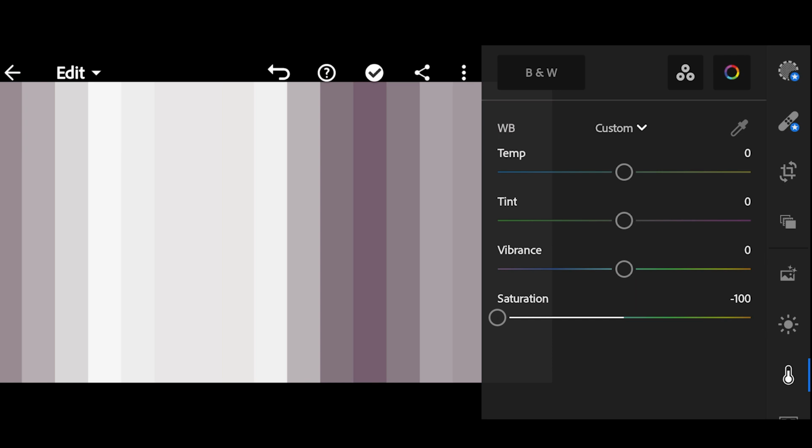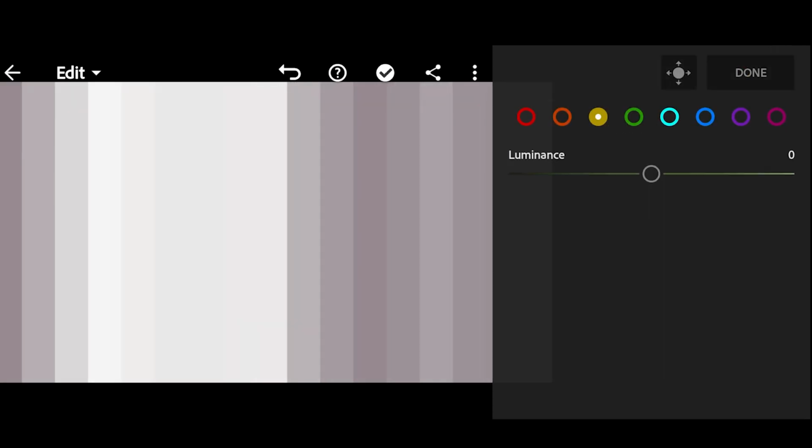So to give a better control over a black and white image, we have given this black and white mode. So if I just tap on it to turn it on, it makes the image black and white. But with that, it still gives us ability to control the brightness of each color. Let me explain. So if I go here in the color mix tab, as you can see here, we have only option to change the luminance as we turn on the black and white mode. So it gives us the ability to control the luminance value of these colors even after we have turned it into a black and white. So I hope you understand that black and white mode and how it affects the image.